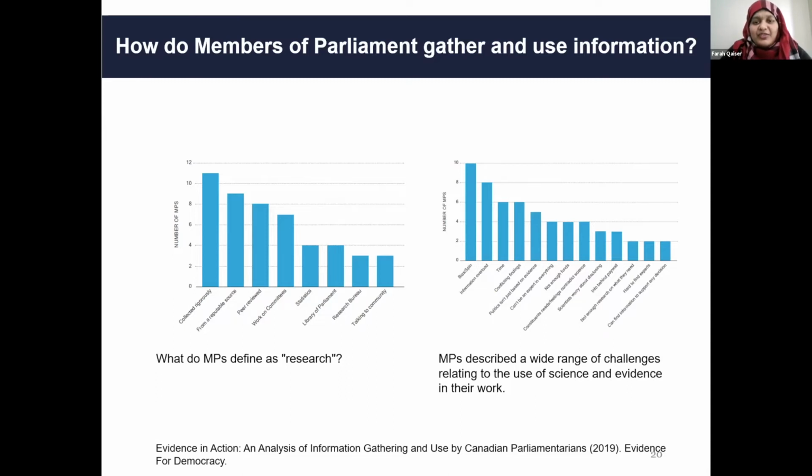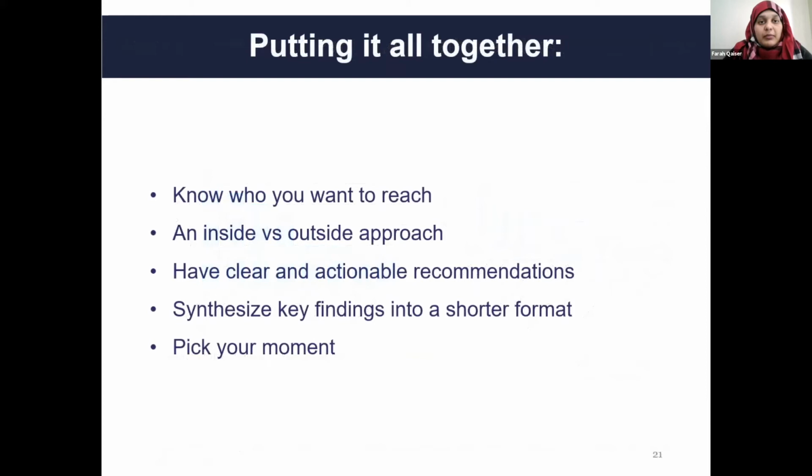And I think the most interesting one is that it's hard for them to find experts and there isn't enough research on what they need. It goes to show that perhaps this research is already happening and scientists aren't sharing it widely enough for it to be found. So if I put it all together, we've talked about Canada's science policy landscape, we've taken a look at some of the organizations and individuals involved, we've gotten a better idea of what the decision-making process looks like.